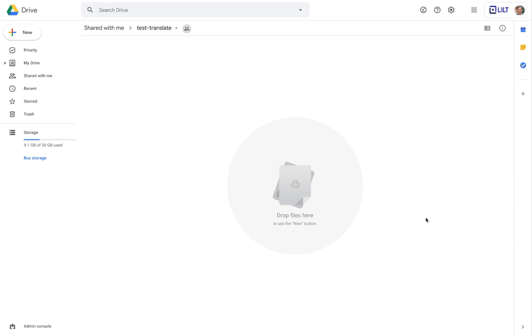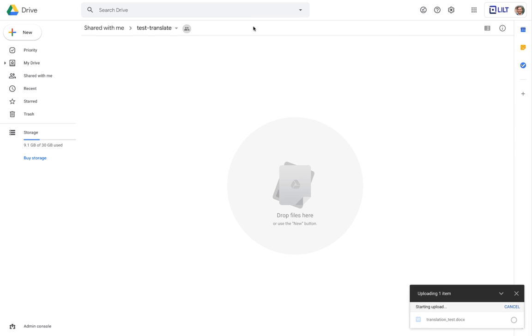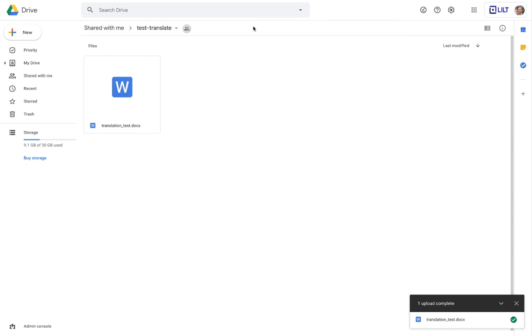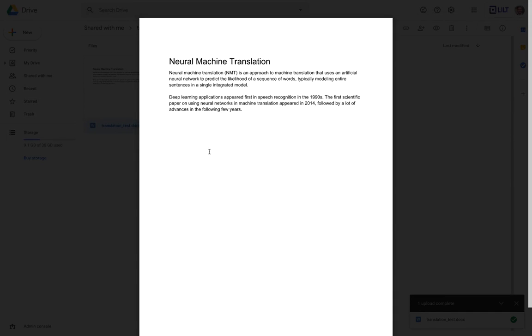So we've created a new Google Drive folder called Test Translate. And what we're going to do is upload a Word doc file to this Google Drive folder. So we'll go up to New, hit File Upload. We've got our translation test.doc. You can see this is just some dummy text. It's copied from the Wikipedia article for neural machine translation, but we're just going to use this to show how